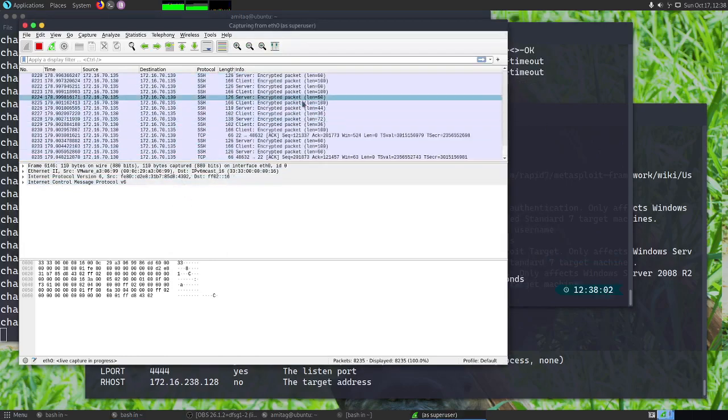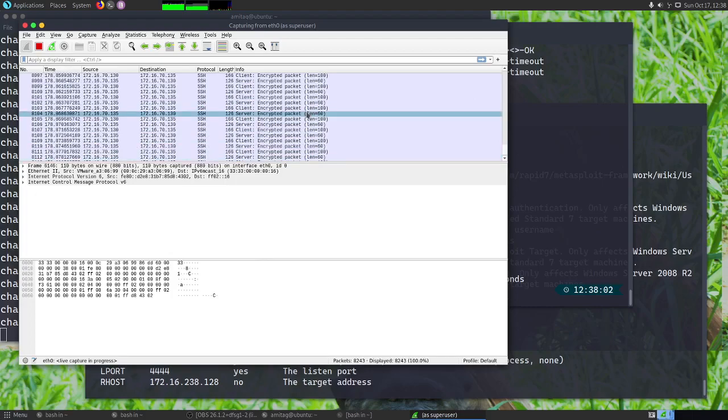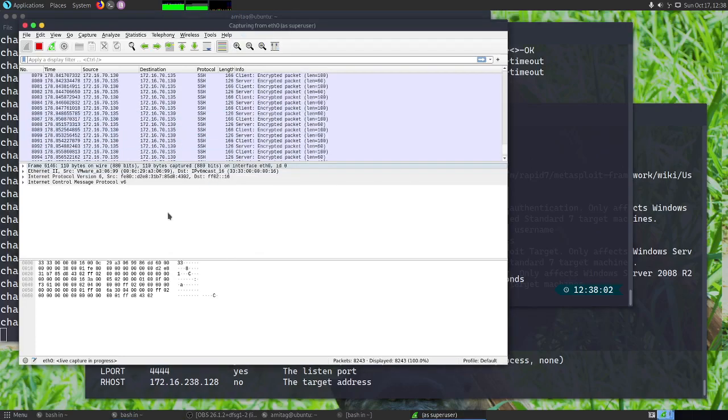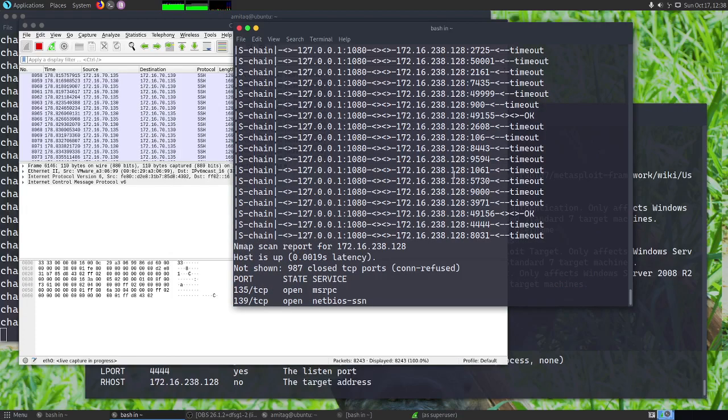Yeah. So if we come back to Wireshark, first thing to observe is that all the packets are showing as SSH only, and there are no other packets being sent from my machine to the Windows machine. This is because all the packets are actually sent over SSH, and the other side of the SSH server is sending it over to the 238.128 Windows machine.